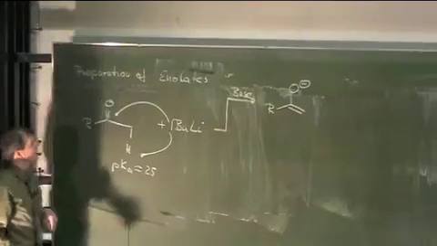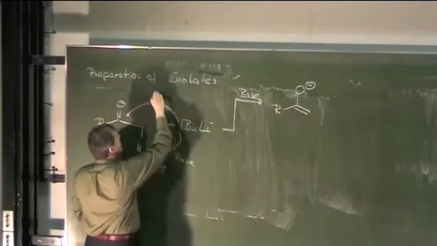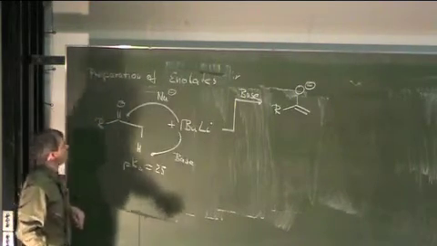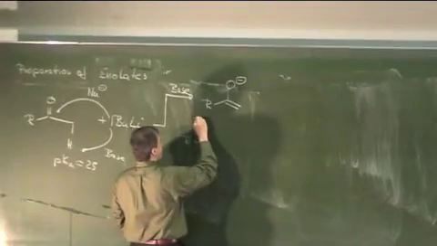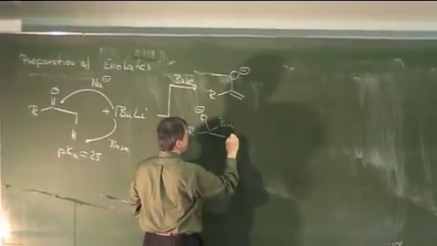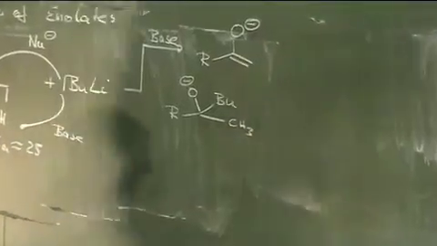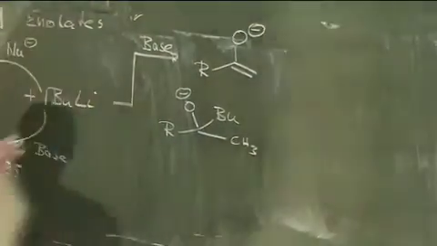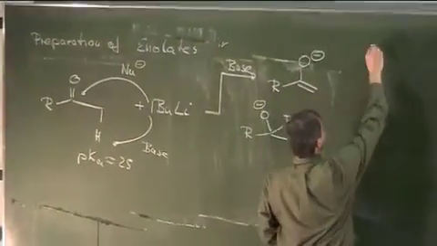However, at the same time, it might react as a nucleophile, forming the addition product here. And so for this reason, usually you're not taking an organolithium compound like this for the enolate formation,